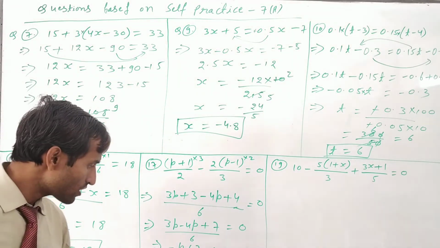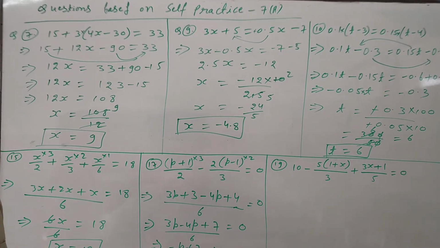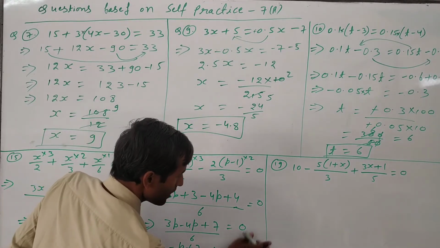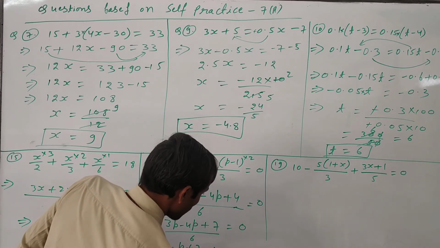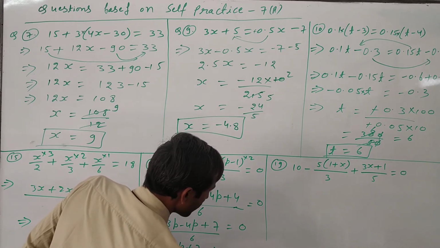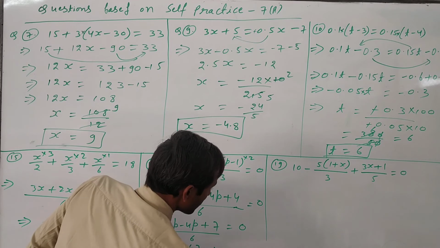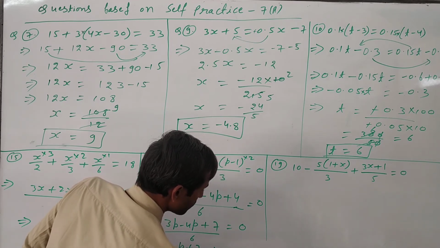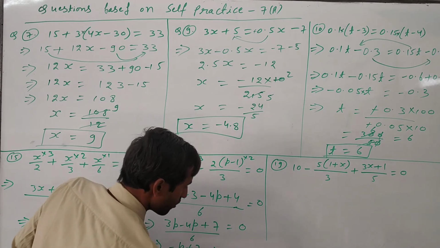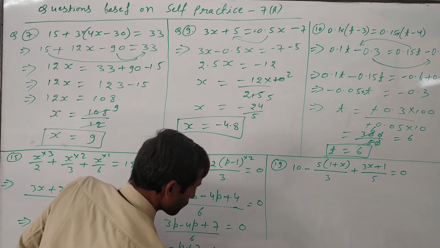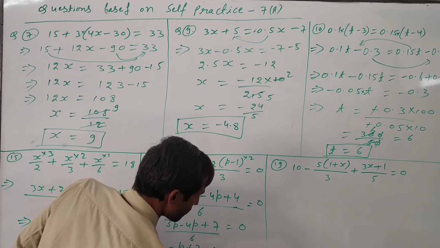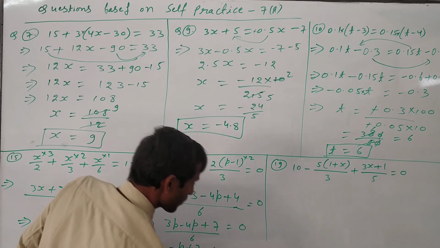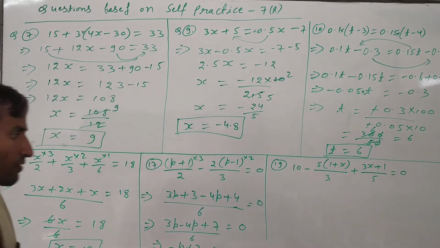Now just shift this 7 to that side. We have to find p, the value of p. So we have to shift. So minus p is equal to 0 minus 7. So minus p is equal to minus 7. Then minus minus will get plus, cancel out. So the value of the variable is p is equal to 7. This is the final answer. Okay. p is equal to 7.